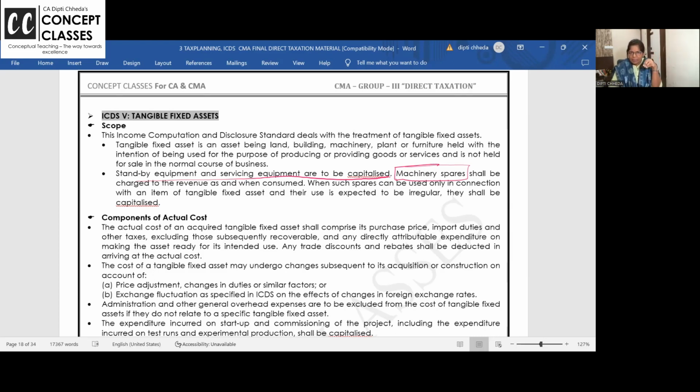So once again, I'm repeating, machine spares, if they have been written off in the P&L account, ma'am, shall I allow or disallow under the Income Tax Act? It is allowed. Nuts, bolts, write it off, no problem. But then machine spares, you write it off. But the remaining part, which is the major part of the spares which you have changed, and the benefit is more than 1 year, you should capitalize in the books.